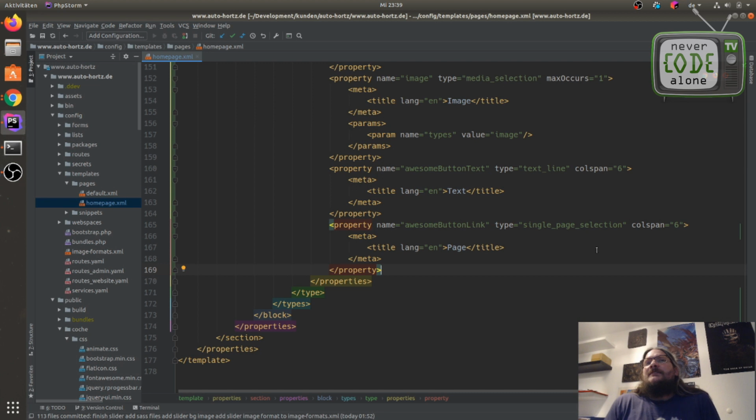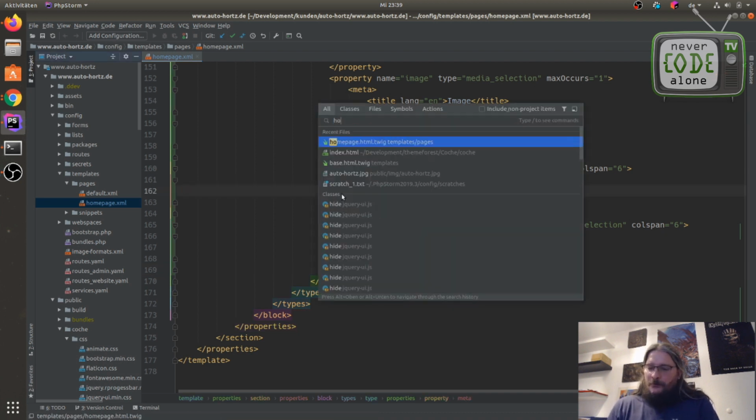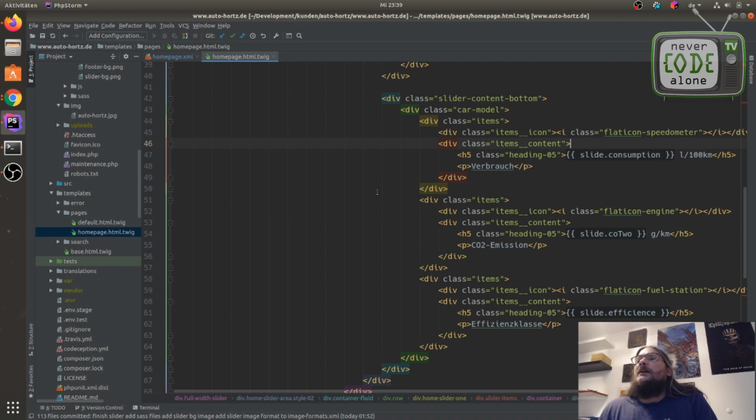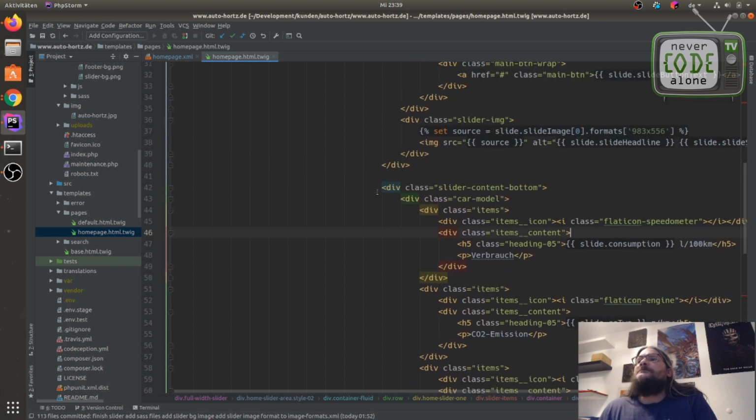So let us check some other examples, because XML files are maybe not the thing that you use in your daily business. But maybe we all are Symfony developers and we all make something with template files. So we also have this homepage Twig file here in my templates.